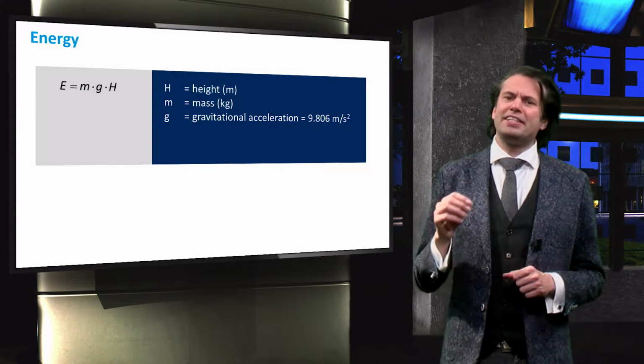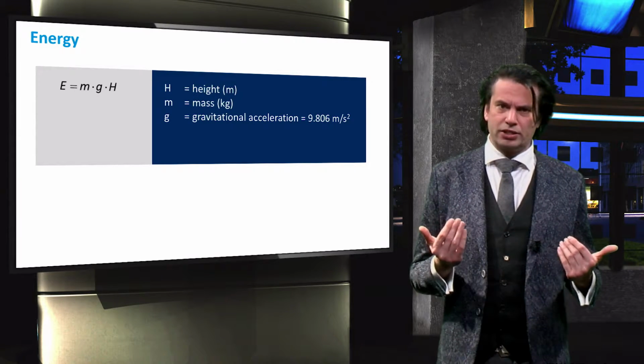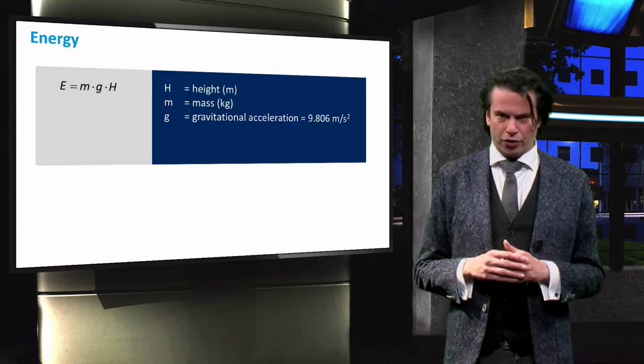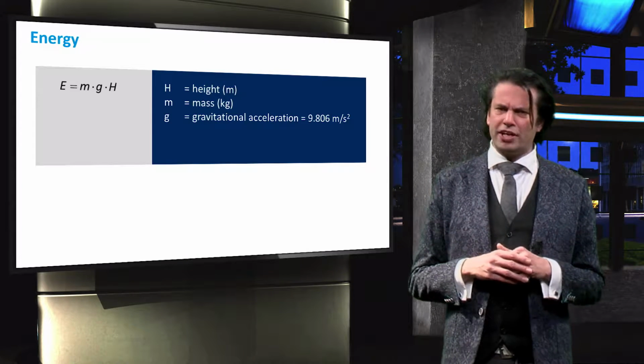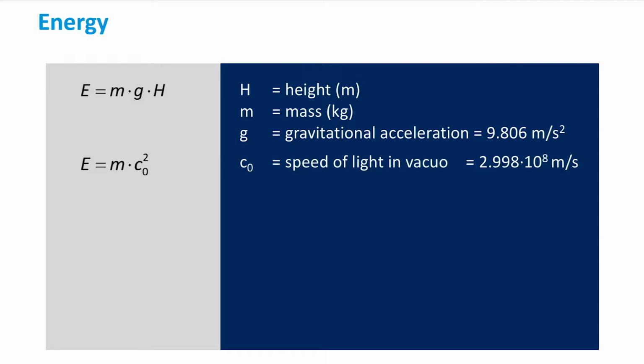We have related energy to the mass of an object and the height of that object with respect to the surface of the Earth through the gravitational acceleration, which is derived from the gravitational constant. According to Einstein's famous equation, energy and mass are also interchangeable through the speed of light in vacuo, denoted by